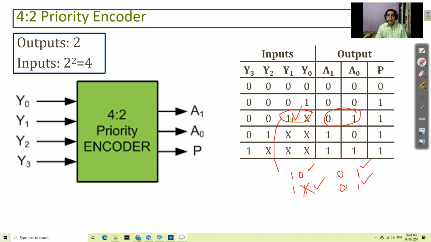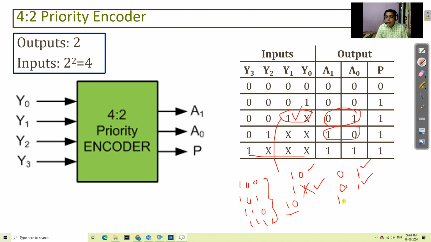So the problem of the encoder will be cleared here. Let us discuss. Suppose y2 is equal to 1; it is expected that the output is 1 0. But in the encoder, if it is equal to 1 1 here, then it will create a problem. But in the priority encoder, these two are neglected. Hence, whether the input is 1 0 1, 1 1 0, 1 0 0, or 1 1 1, for all these inputs it will always produce the output 1 0.